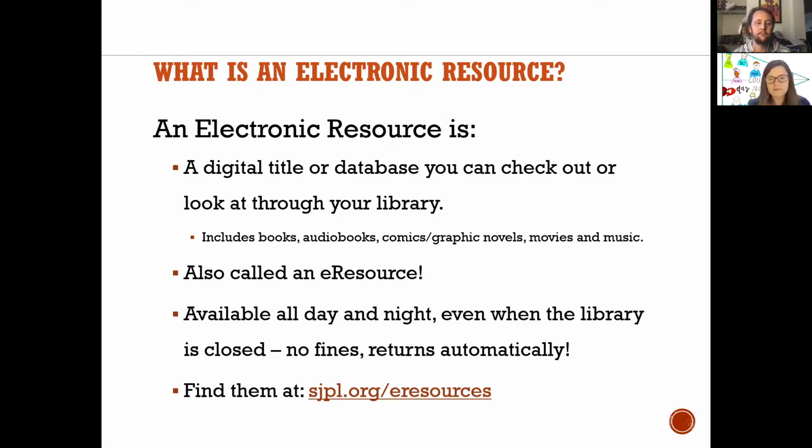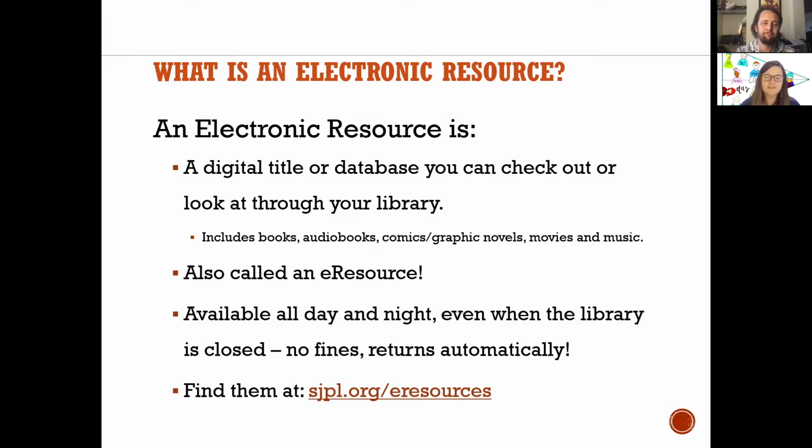So databases where you can search and find articles that have been published in newspapers and magazines, scientific journals, and more encyclopedias, other reference works that are all about nonfiction topics and be able to do research, be able to find out information about something that you're interested in or something that you're doing for school.